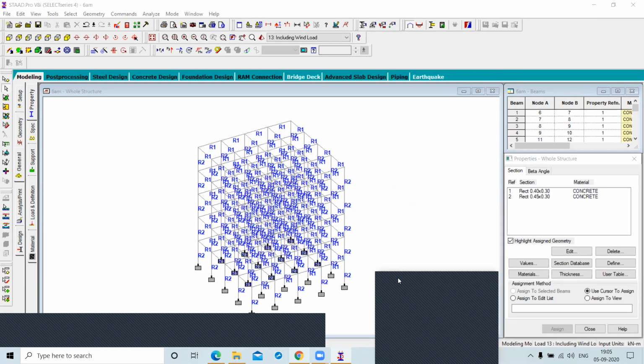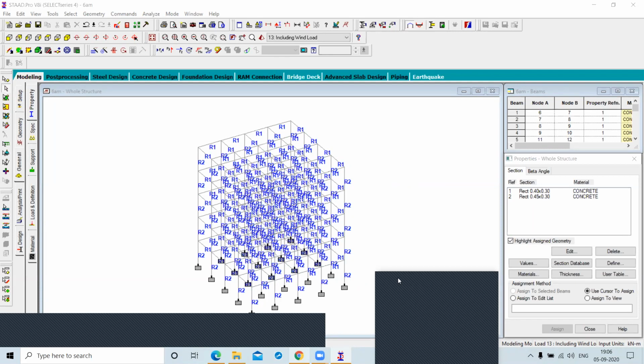If you consider the seismic, you have to assign seismic as the first priority. If you go for the seismic consideration, you have to assign seismic as the first priority. After that, you consider the dead load, live load, wind load, and any other load.